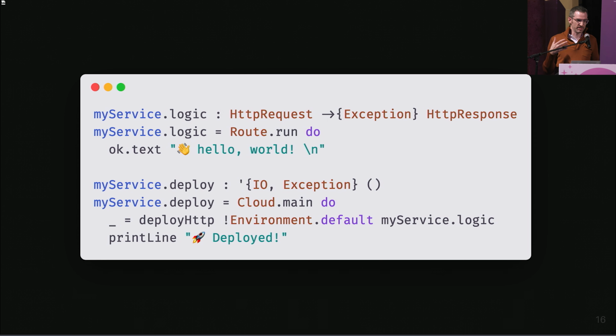So using this idea, we can now do deployment with a single function call. So this is some Unison syntax. I'm not going to talk too much about Unison language syntax here, but just showing that we're calling the deploy HTTP function, and we're passing it the logic of our service as just a regular function argument, and that is going to be deployed and made available in the cloud, just like that with a function call. Okay, so sounds pretty magical, right?